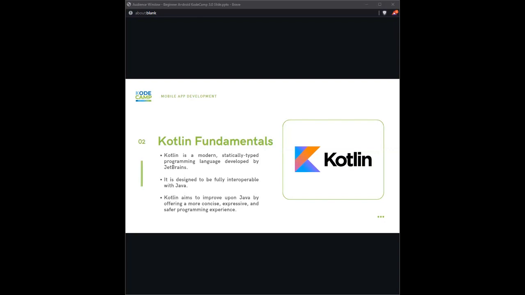So of course, second thing is that it's designed to be fully interoperable with Java. When we start making use of Android Studio, you see that Java and Kotlin actually work hand in hand. You can build an application where you still run Java code and you still run Kotlin, but we're just going to be sticking to writing Kotlin code. And of course, it aims to improve upon Java by offering a more concise, expressive,